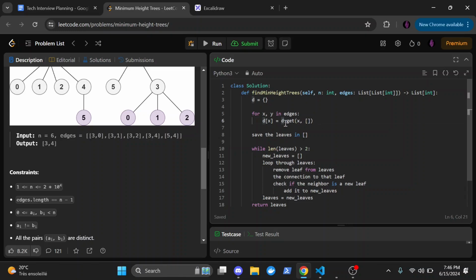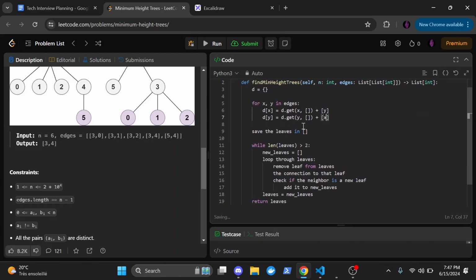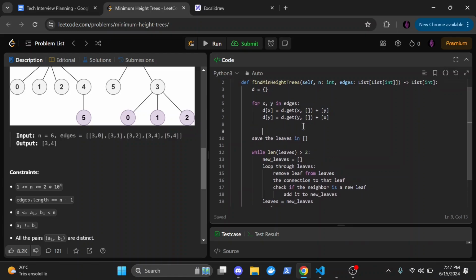So if it doesn't exist inside our dictionary, it would default to an empty array, then plus y. And the same thing we would do in here for y, x. And if I am now to print d,